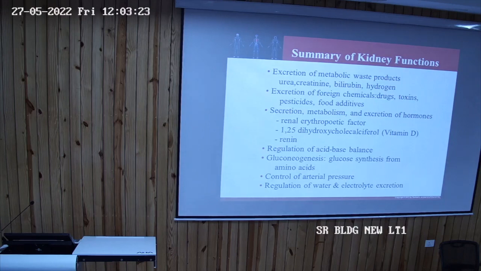Regulation of acid-base balance. Gluconeogenesis is formation of glucose. Control of arterial pressure. Now it may be long term, it may be short term. When we are talking of long term, it is controlled by the regular removal or excretion of sodium and water. When we are talking of short term regulation, it is mainly controlled by the secretion of renin. Renin, angiotensin, aldosterone mechanism. And regulation of water and electrolyte excretion, most important function, and this also helps for